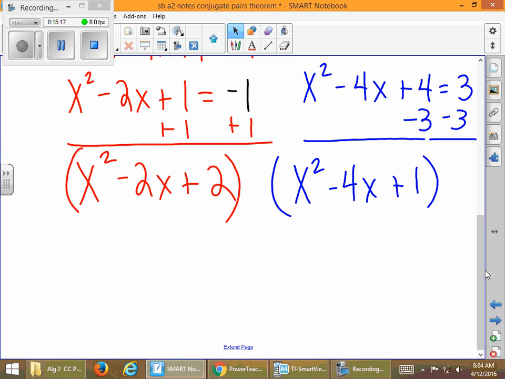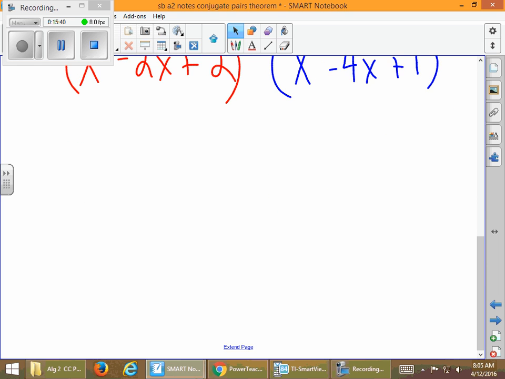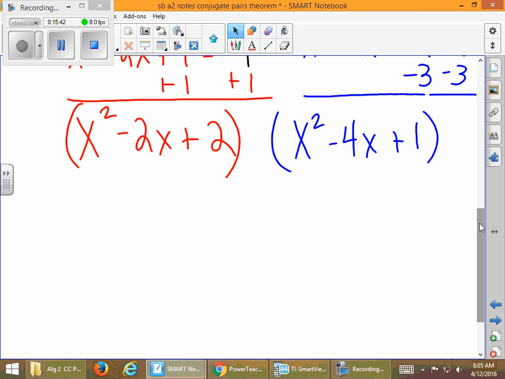And it's a distributive property process. I'm not going to put all the arrows in, so to speak. But we're going to take x squared and distribute it over all of our values in our blue polynomial. We're going to take negative 2x and distribute it over here. We're going to take the 2 and distribute over here. And I'm going to color code that a little bit. I don't think that you need to on your paper, but I'm going to color code it just to keep track of everything. So the first time through, we're going to take x squared and multiply it